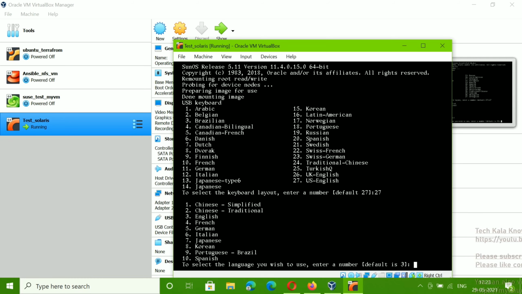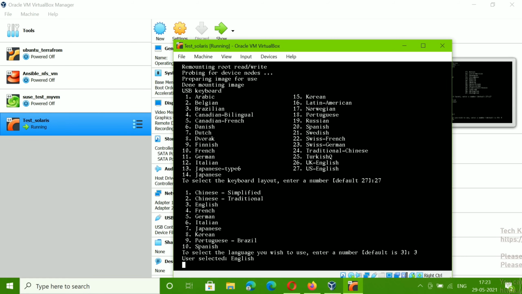Fine. Now it's asking you to select the language you wish to use. The previous one was the keyboard; here it is asking which language you want to use. I want to use English. Where is English? It's third, so you have to press 3 and then hit enter.